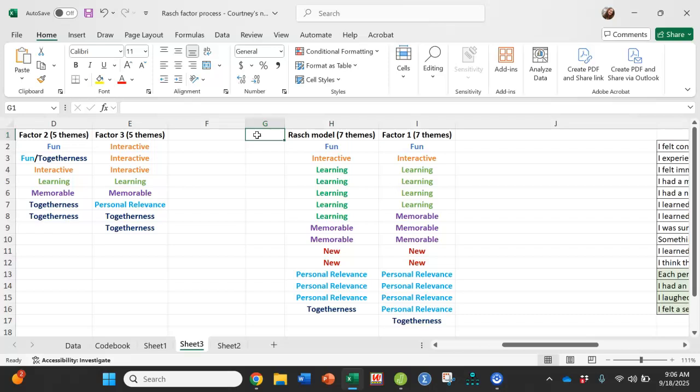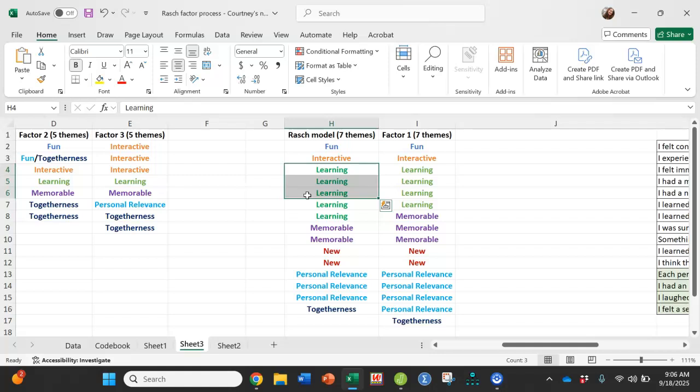So I put all of the items into a Rasch model and deleted them one at a time based on the PCAR. It was intense. It took a long time. And again, I was picking and choosing in a different way. So there is some rationale for why this item was picked over this one versus factor analysis is completely based on math. There's no judgment calls within this. Within the Rasch model, for example, if there were 3 items that were all falling on the same spot in the ruler, I would be deleting 2 of those, trying to clean it up to make it very much a step ruler. And if it was all about learning, and those 3 items were all about the learning factor,